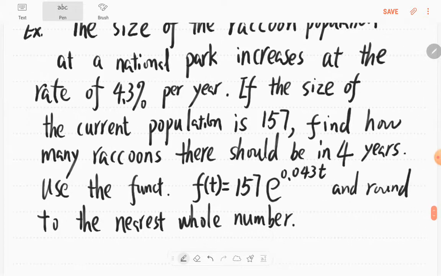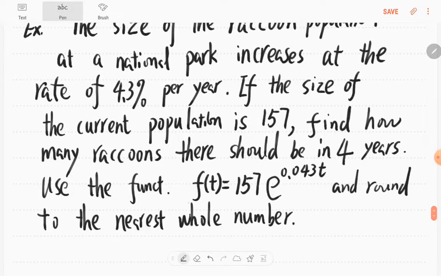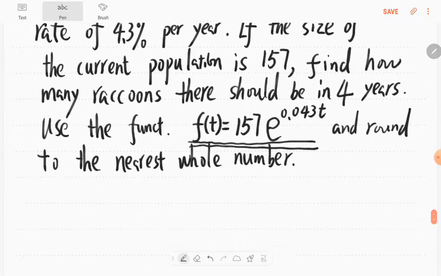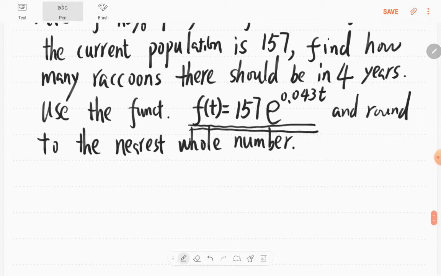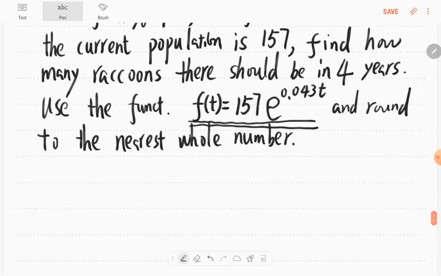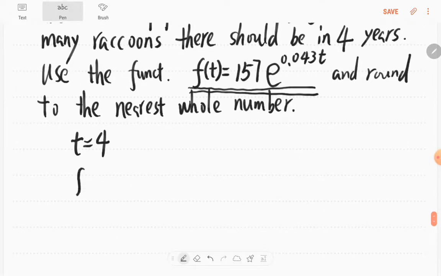Okay, so this would be the population growth model. You see the base is e. So now let's look at in 4 years. So t equals 4, right? The population at t equals 4 is f of 4. We plug in 4,